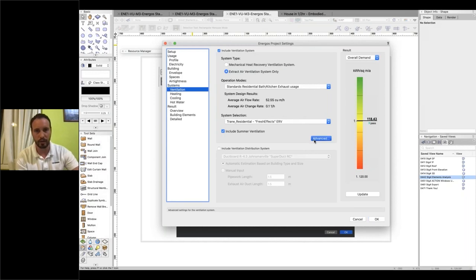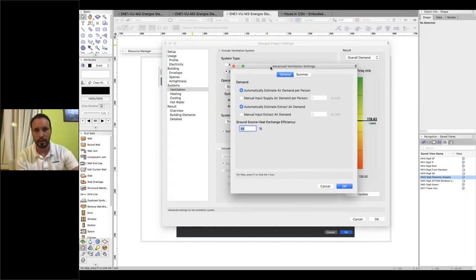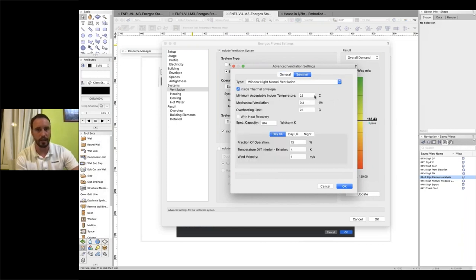We can deal with ventilation settings, define things like the overheating limits, mechanical ventilation intensity, then the minimum indoor temperature,